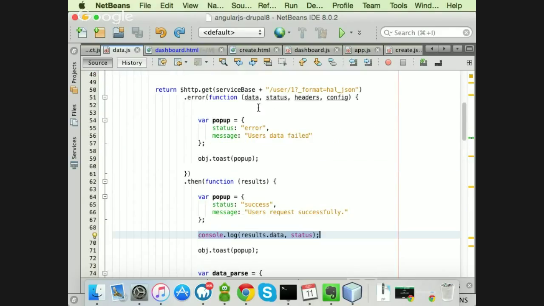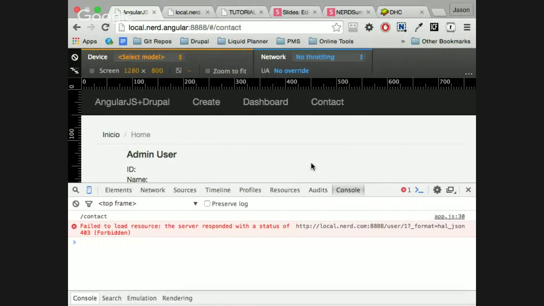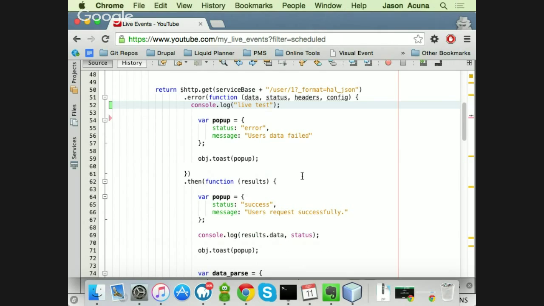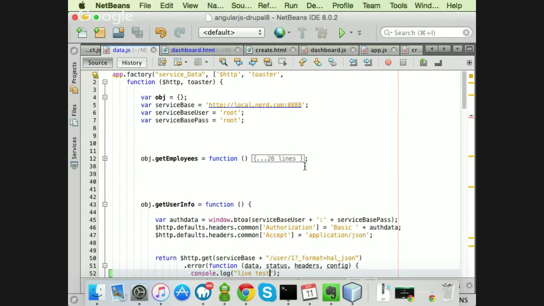Let's log something here before the error or inside the error. Now we get back. We should have something in the console. Oh, I printed on the error and I corrected the username. Now let's fail the username again.